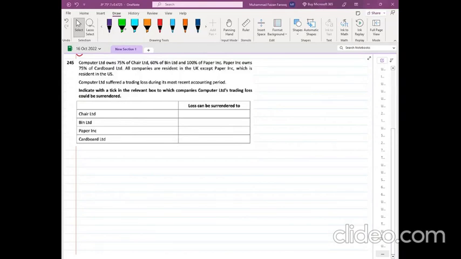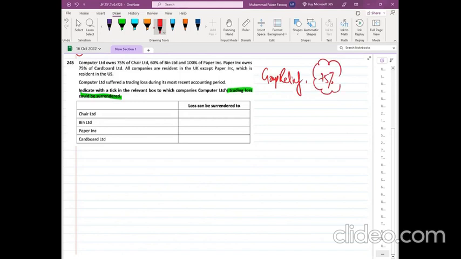ट्रेडिंग लॉस सरेंडर का मतलब होता है ग्रुप रिलीफ। ट्रेडिंग लॉस सरेंडर का मतलब होता है कौन सी कंपनी अपने लॉसेस को दूसरी कंपनी को दे सकती है। ग्रुप रिलीफ में 75% डायरेक्ट और इनडायरेक्ट होल्डिंग होनी चाहिए। ग्रुप रिलीफ क्या होता है वैसे? ट्रेडिंग लॉसेस को सरेंडर करना। डायरेक्ट और इनडायरेक्ट होल्डिंग 75% होना जरूरी है। आसान सा क्वेश्चन है, लेकिन मैं फिर भी पूरा लिखता हूँ। कंप्यूटर लिमिटेड है, उसने चेयर में 75% होल्डिंग रखी हुई है।